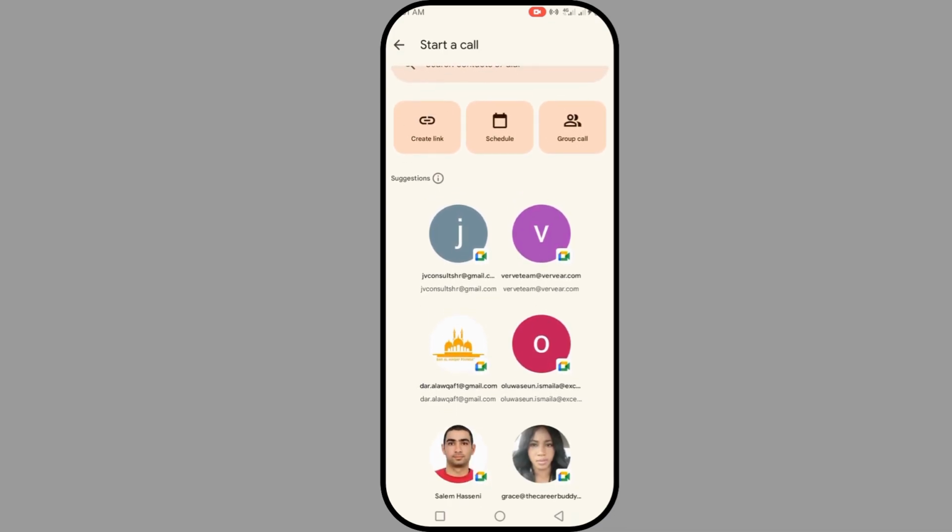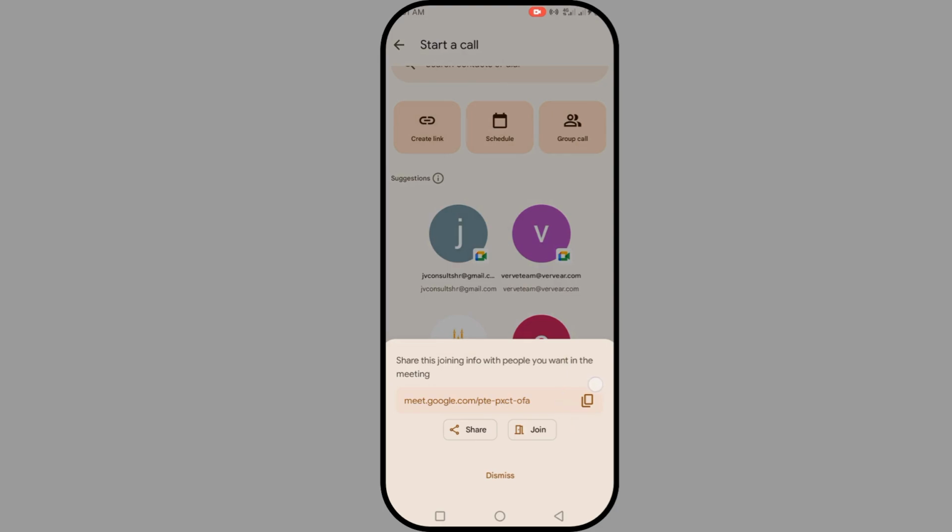Use this link to invite people to the call. If you do not invite them, they will not be able to join the meeting, so make sure you use it. So when you click here, you can see this arrow is your copy. You have copied the link. Now you can share directly from here, and once you have copied it, you can also go directly to the person, maybe a direct